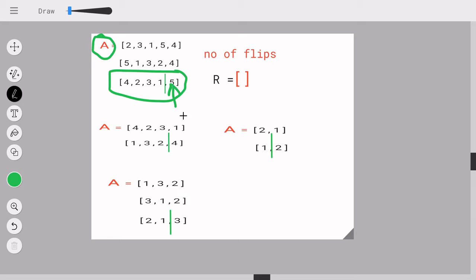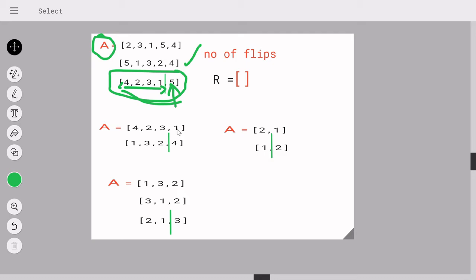The remaining thing, I continue with the same procedure. I repeat the same procedures which I did over here. But here the twist is, can you see this? 4, 2, 3, 1. My length of array is 4 right now. The fourth position, which is the third index, consists of 1. I don't want 1 over here.